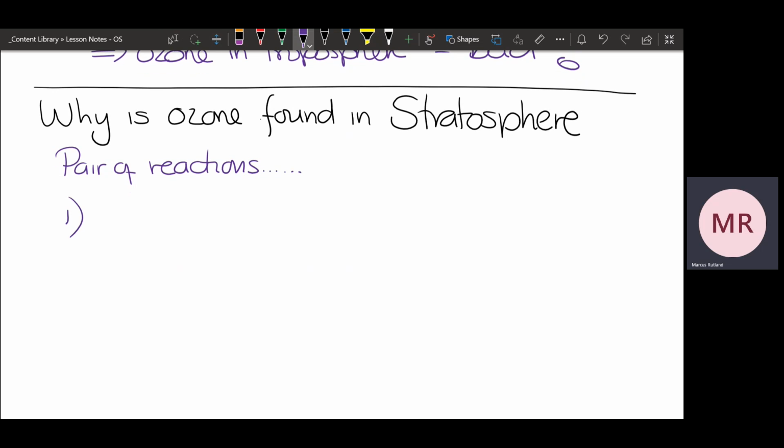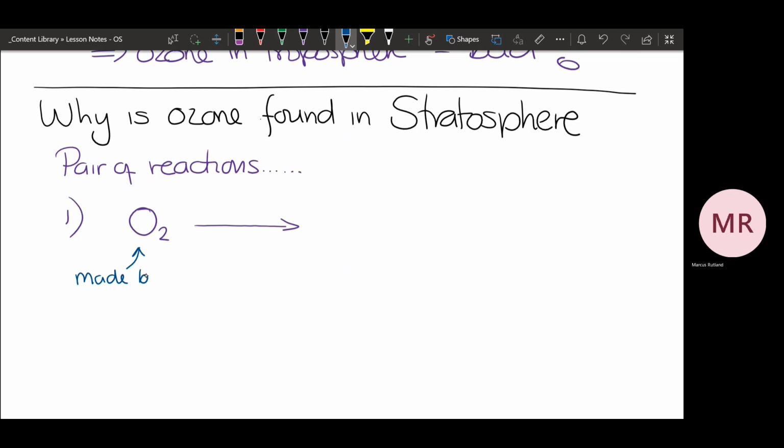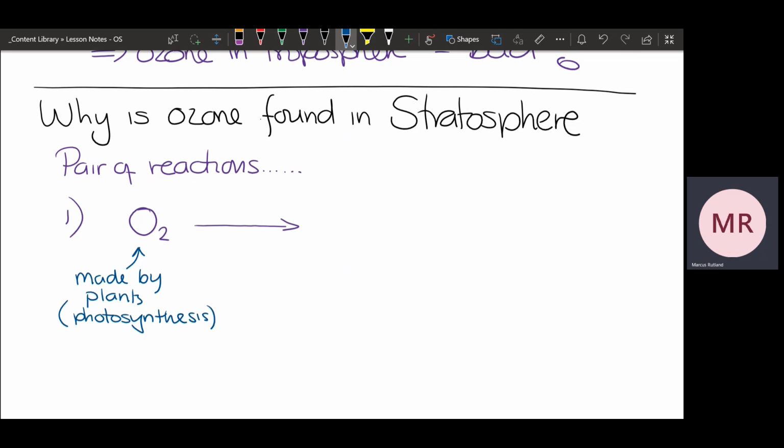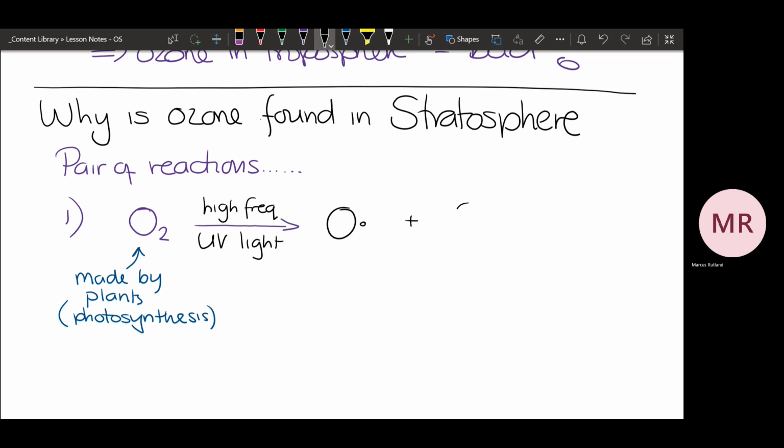The first one is the oxygen reaching the stratosphere, which, if you think about it, why is that oxygen appearing? This is effectively made by plants in photosynthesis. If it wasn't for plants and photosynthesis, oxygen is a reactive gas, we wouldn't really have any oxygen in the Earth's atmosphere. Plants are making that down at the Earth's surface, and then that moves up through the atmosphere. If you expose that to high energy UV light, or high frequency UV light, then it can smash up into two oxygen atoms, which, if you think about it, do the dot cross diagram,